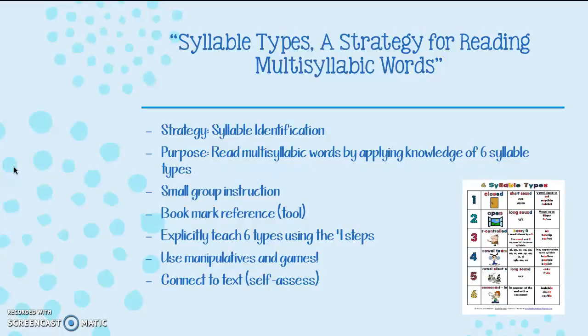And then step 4, once the student has 2- or 3-syllable types under their belt, you can play games with them and manipulate words with 2, 3, and 4 syllables, and do sorts and lists so that the student has to identify what types of syllables the words have and put them into lists depending on that syllable type, organizing the words so that they fit under a specific category: closed, open, R-controlled, vowel team, vowel silent E, or consonant LE. So really bringing the student's attention to the type of syllable that the word contains